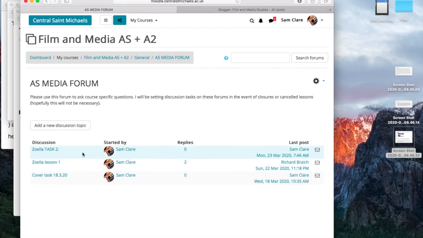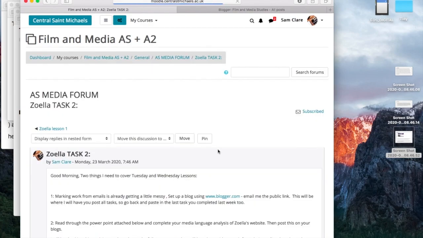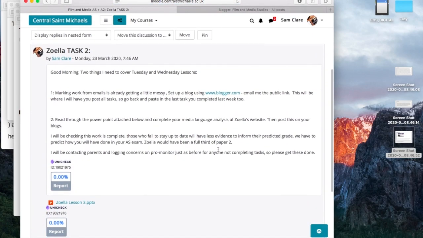They're both very short, but we'll go to task 2 first actually. Task 2, this is what you're going to do this week. And I've said what Tuesday and Wednesday, it'll cover the whole week because it's clearly caused a few problems for some people. So I found that marking your work from an email was getting messy. There was just too many of you and my other classes. So if you go to blogger.com, you need to set yourself up a blog. And I know this has confused a few people, so let me talk through it.